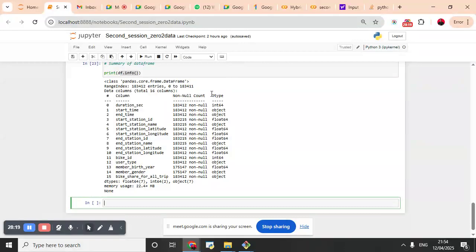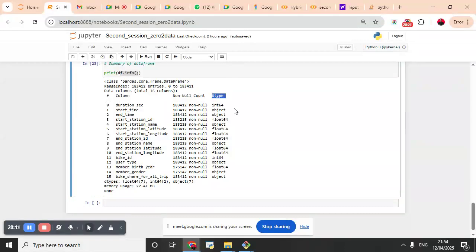Now, look at this, data type. I told you about data type. Remember when we were creating the data frame, we talked about the names being in string format. We talked about the numbers being in